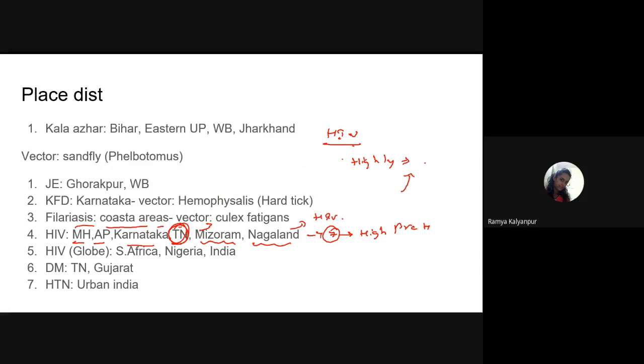But when we go to Jammu Kashmir or other central parts of India, do you think HIV cases are more prevalent? No. This is what we have observed in descriptive epidemiology: it is most common in Maharashtra, Andhra Pradesh, Karnataka, Tamil Nadu, Mizoram, and Nagaland. This number seven is very important because in examination it can be asked: highly HIV prevalent areas, moderately HIV prevalent areas, and low prevalent HIV areas. All the low prevalent areas occupy the upper section of India.